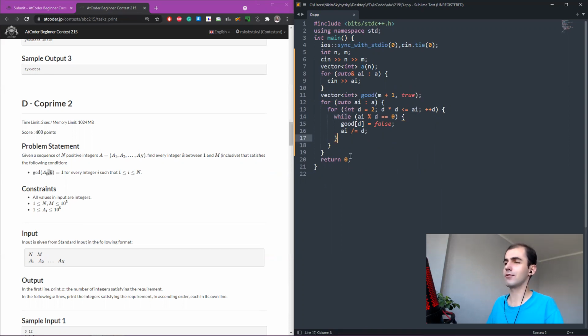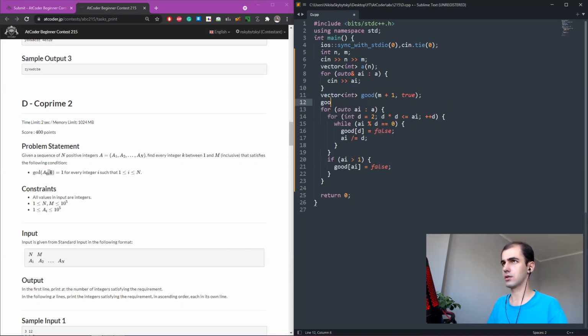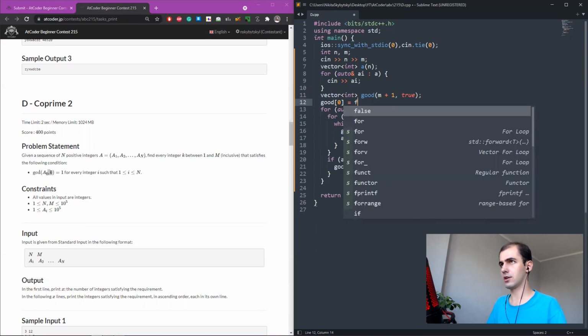Because having an if and nested while loop is just a little bit ugly. So in any way, I believe we have to check if AI is greater than 1, then good at AI gets false as well. So now we marked all prime divisors as bad numbers. We should probably also mark good of 0 as false,